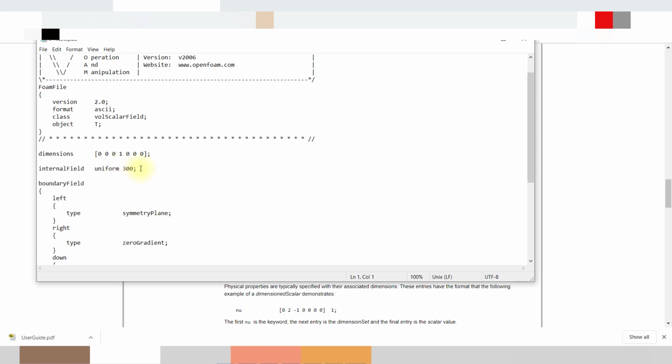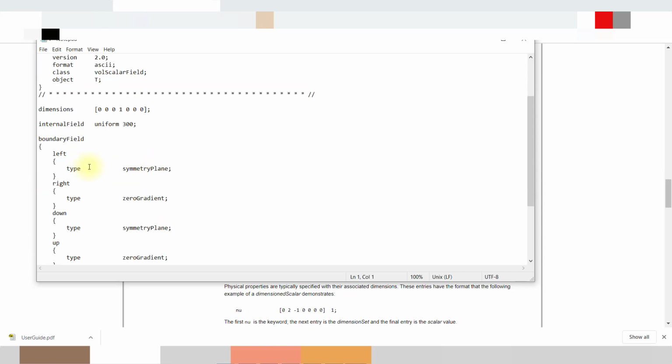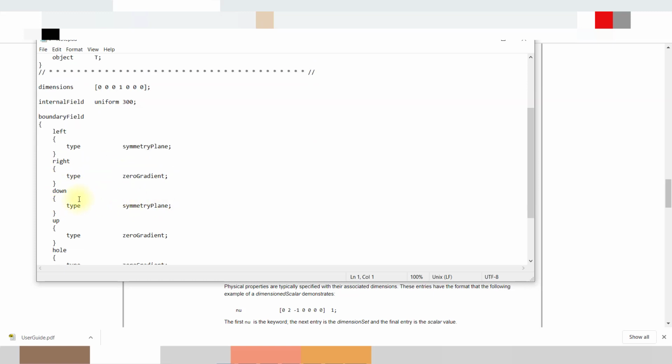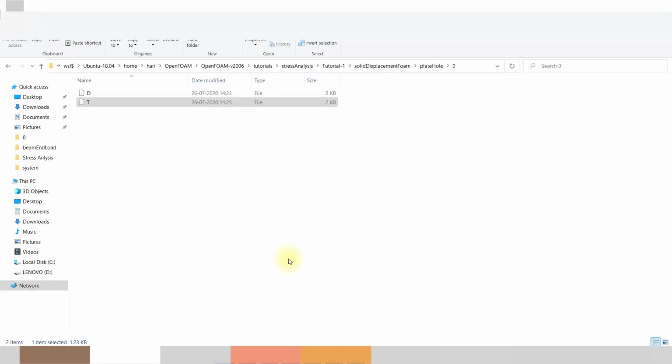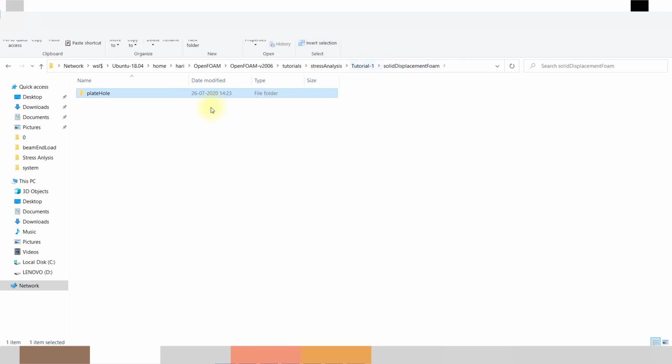It will input as Kelvin. So same thing: left symmetrical plane, right 0 gradient, down symmetrical plane, up 0 gradient, hole 0 gradient, and all other faces empty. So in this way you can change our boundary condition.